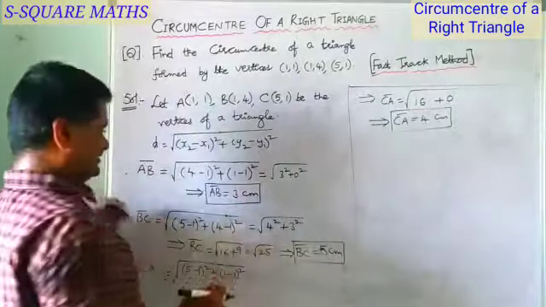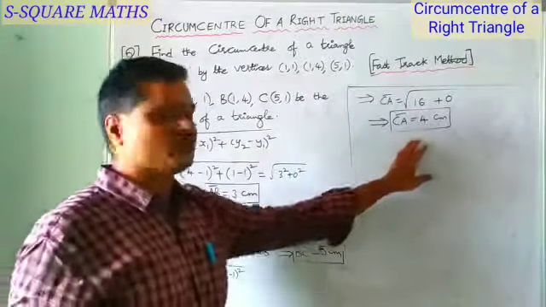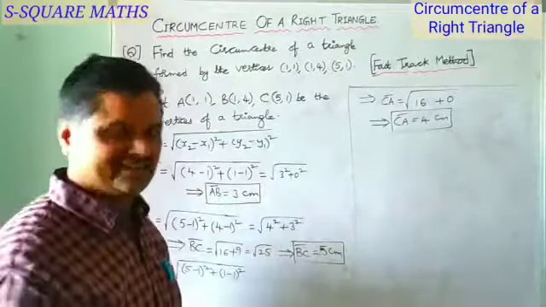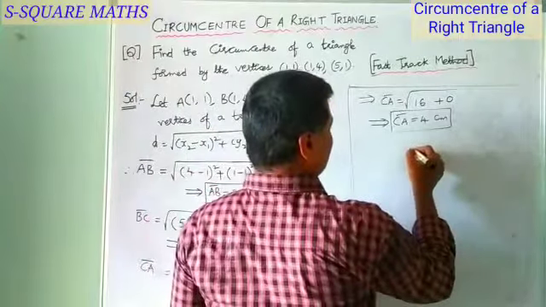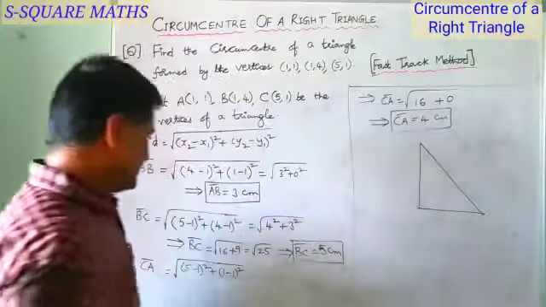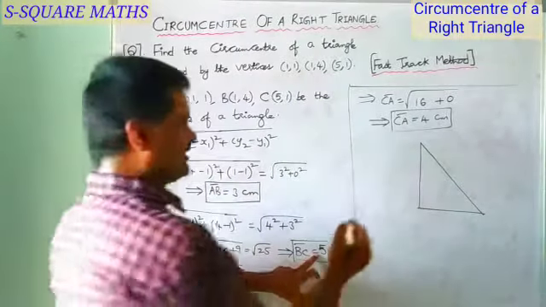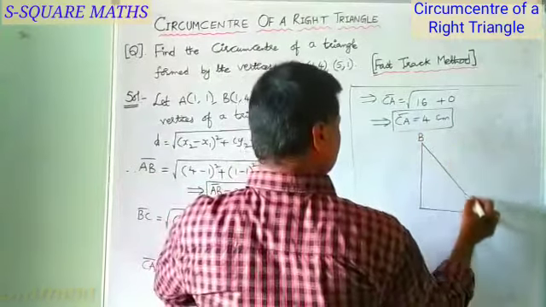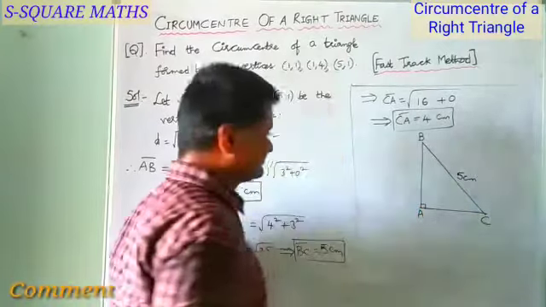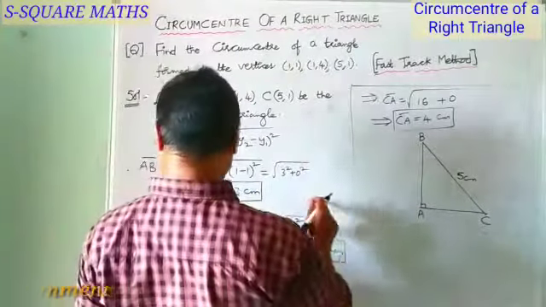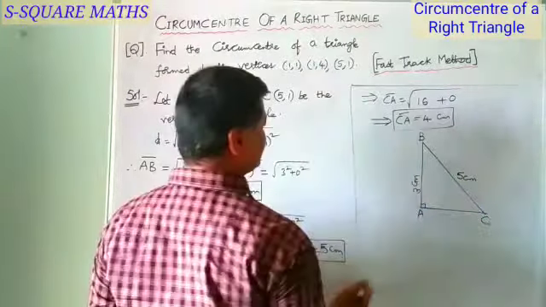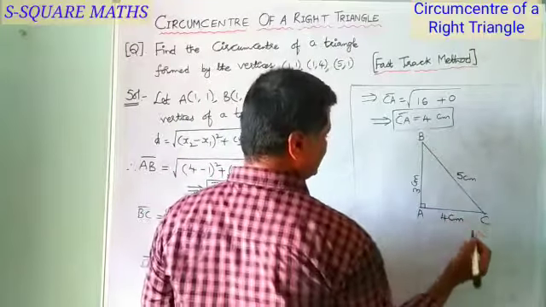So we got 3 centimeters, 5 and 4. We know that 3, 4, 5 forms a Pythagorean triplet, so it is nothing but a right angle triangle. So here our triangle is a right angle triangle. Since 5 centimeters stands for BC, here it is B, here it is C, 5 centimeters. Next A. Here AB is 3 centimeters, and AC is 4 centimeters.